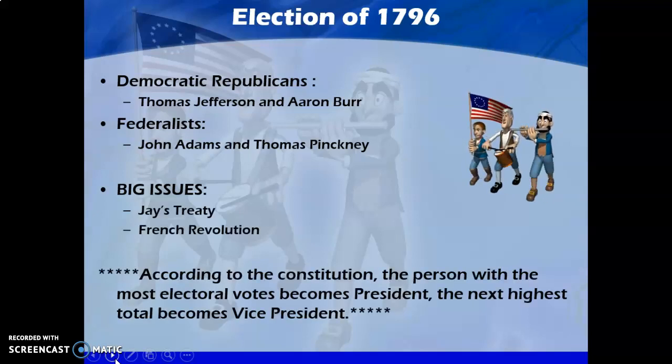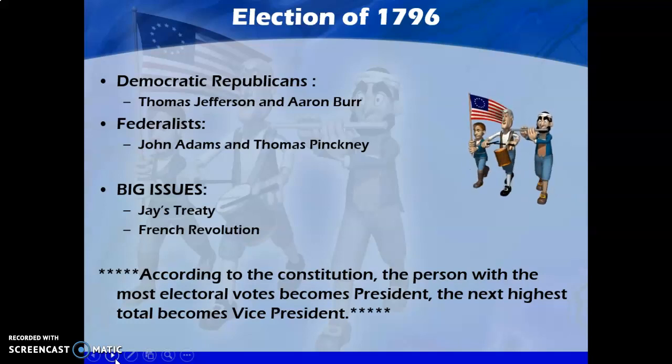So, Democratic Republicans, their candidates are Thomas Jefferson and Aaron Burr. Federalist candidates are John Adams and Thomas Pinckney, and we see the full creation of political parties in this election. So the big issues,